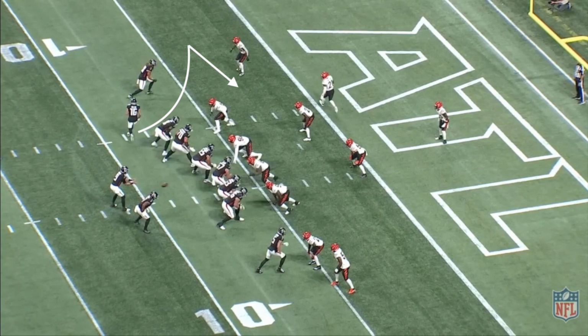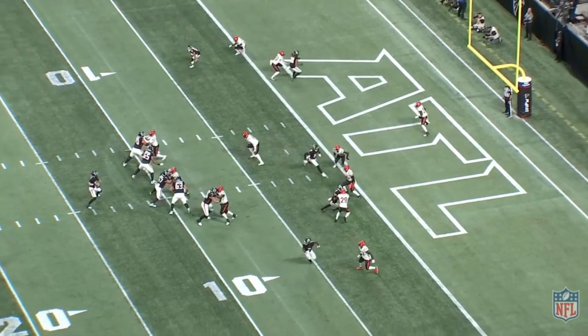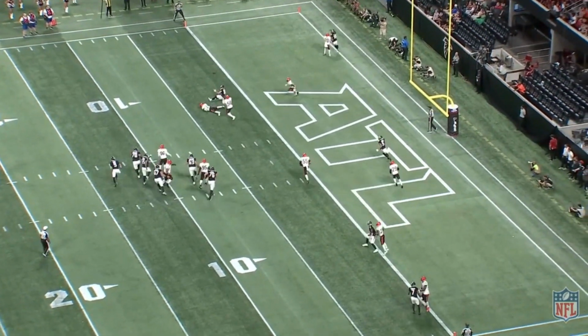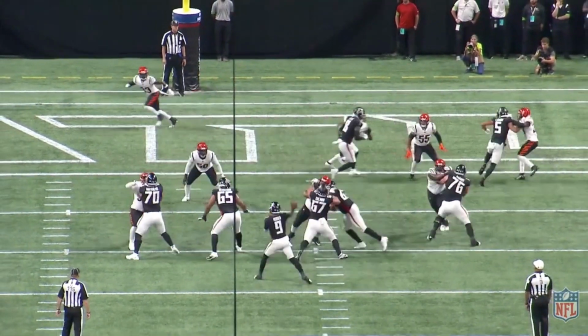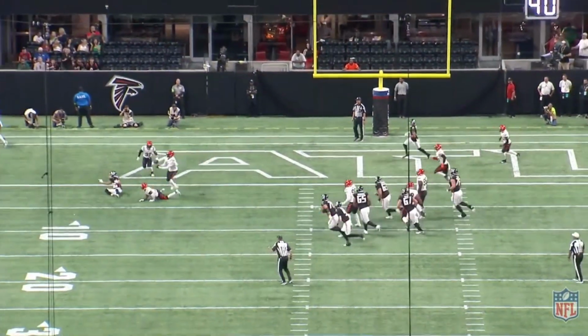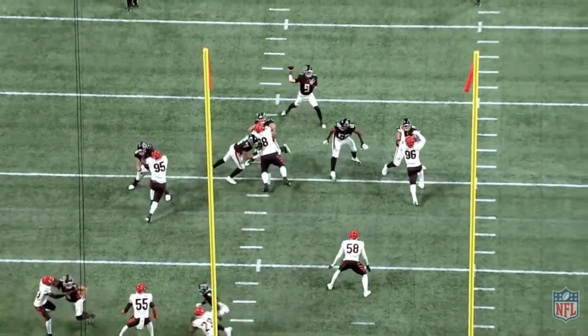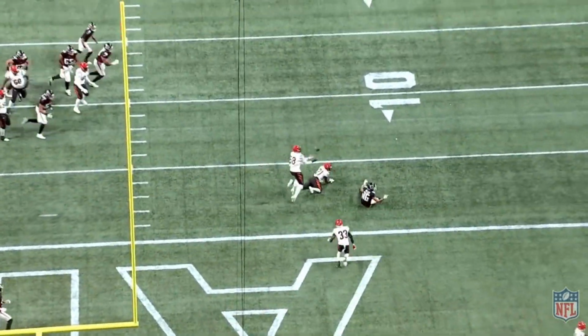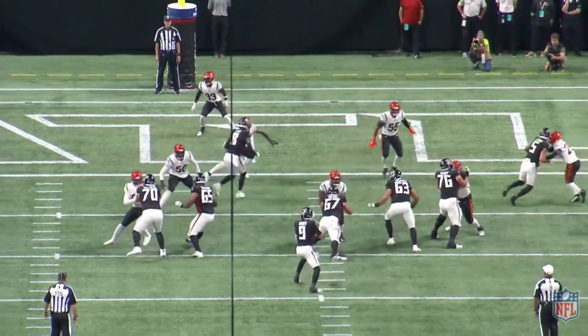On this play, we're going to be targeting this return route by the motion receiver. Ridder has to get this ball out and around the outstretched arms of the defensive lineman, but the ball's out a little too wide and outside the receiver's frame. The receiver tries to come back for it, but it pops up in the air and gets intercepted. There's kind of a lot going on here because Ridder has to get this ball out and around the defender to protect himself from getting a deflection, but then it created a different issue with him leaving it too far